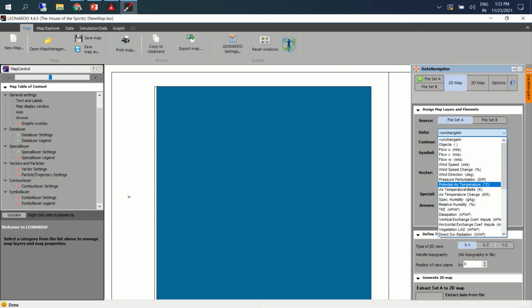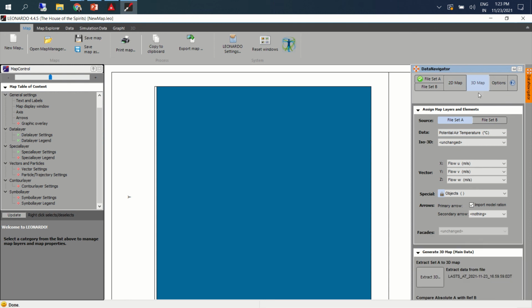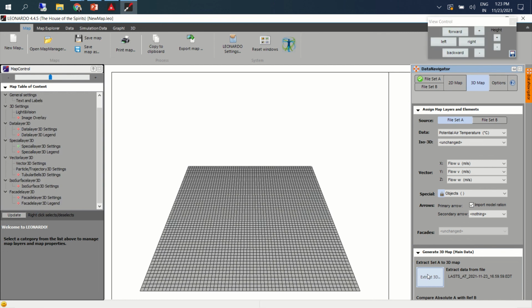This time we'll click on 3D. In 3D, we can generate 3D potential temperature. We don't see any model here. What we have to do is come here and enable the 3D layer. Right click.